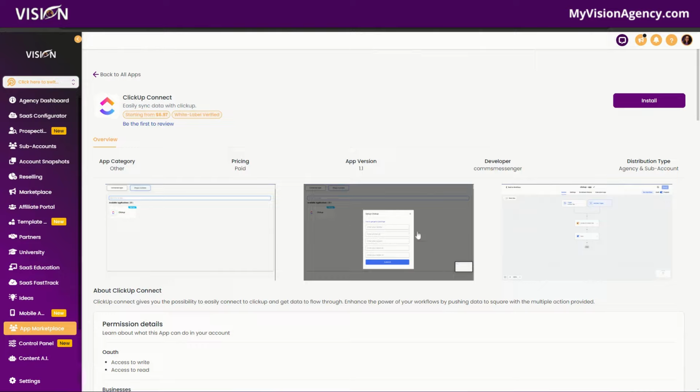What's really cool too is this would be white labeled, right? So inside of your agency, they'll be able to see those ClickUp automations because, of course, you want them to know it's ClickUp because that's what they're connecting to. But you, the agency, it's not going to say another third-party tool. It's just going to look like you are the agency and you have these special add-ons that make, obviously make